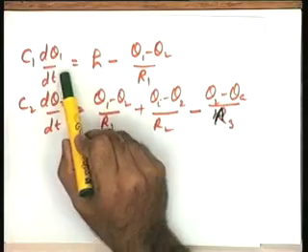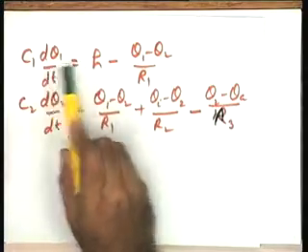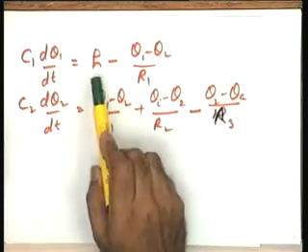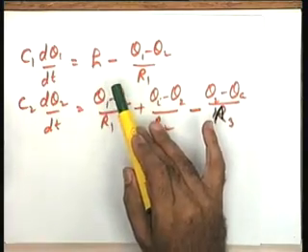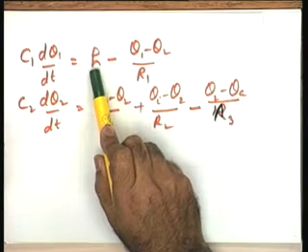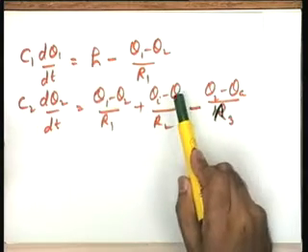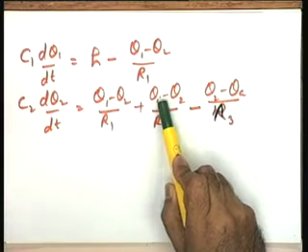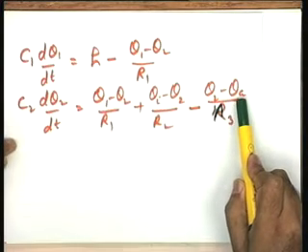Now, you please see that as far as this system is concerned, if you want to write the state variable model, the equations are more or less in the state variable format, because you could take x1 is equal to theta 1 and x2 is equal to theta 2 as the two state variables, and you have got the equations in the form you want for the state variable formulation. It is x1 dot equal to, on this side you will please note what are the input variables in this particular case. H is an input variable which is a controlled input variable, theta I is an input variable, it is a disturbance input variable, theta A is also an input variable.